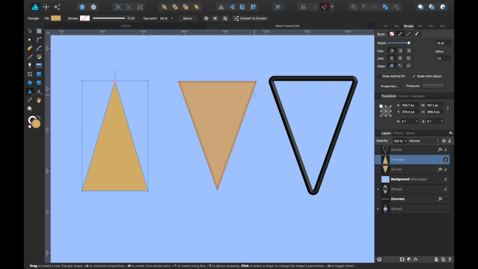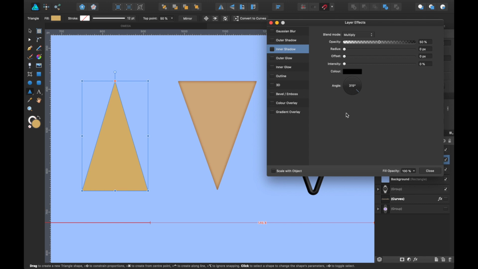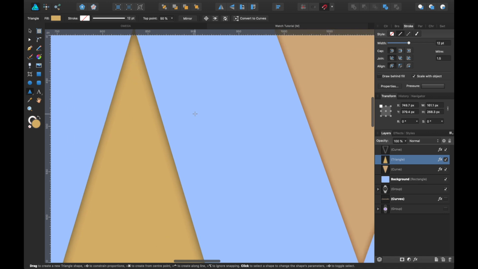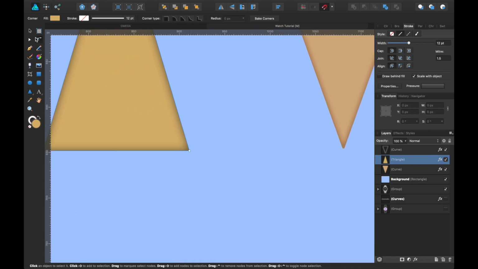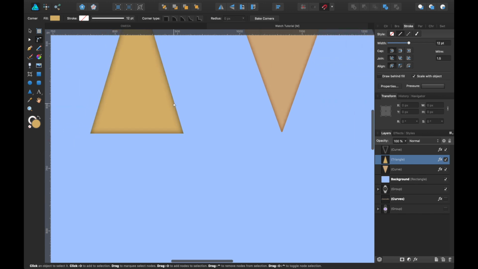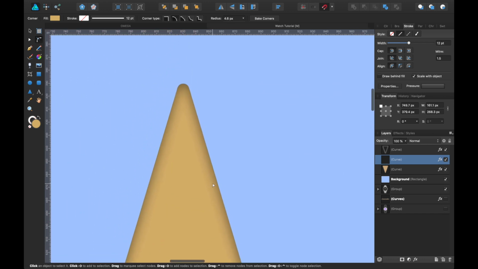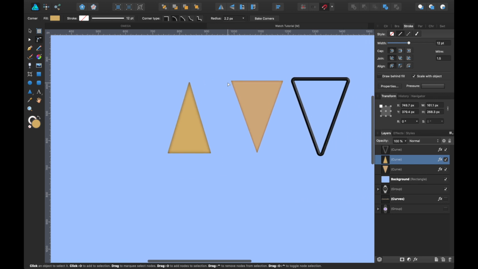I also want to make this have shadows on the outside, so I'm just going to go the easy way and press effects down here, and I'm going to put inner shadow, and then I'm just going to up the radius. So that's that one done. Now I want to make sure that the points aren't pointy, so I'm going to go to the corner tool up here, select all of the 3 points, and go in a little bit like this. Now if we go closer, you can see they're not spiky anymore. Okay, that's the first shape done.